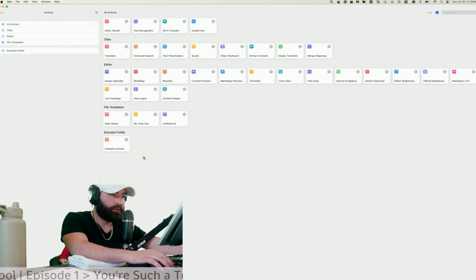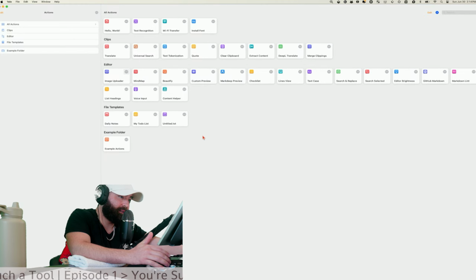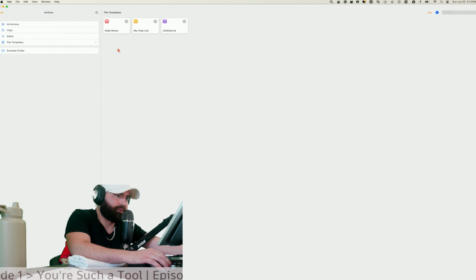Anyway, the other stuff you can do, it comes with a lot of these actions. If you're not familiar with Apple scripting, they have this scripting language you can use to do a bunch of different stuff. That's how apps have widgets and shortcuts and actions. So there's a big list of stuff that you can do with it here. Honestly, I never use these. Maybe I should. It seems like a good addition, but I can't really speak to the value because I don't use them a whole lot.